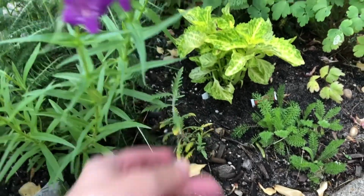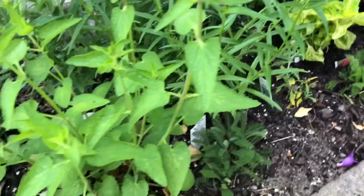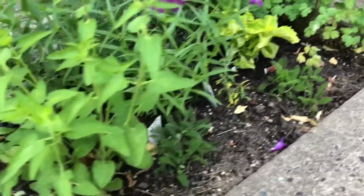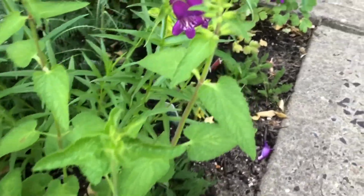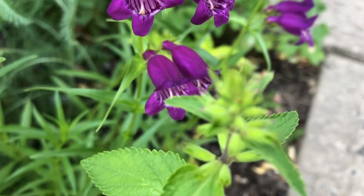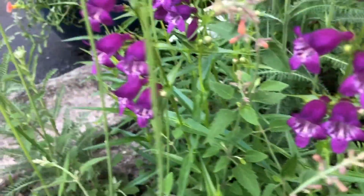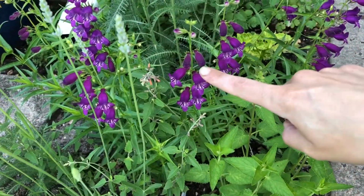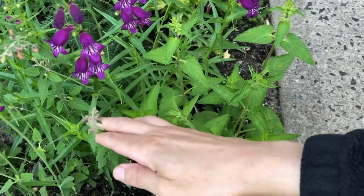Two of these in this bed. I'm not even going to show you because they're not worthwhile showing, but you get the idea. They're new this year. I think like next year they will look much better. Red flowered lamb's ear over here, and it is putting on flower buds. Lovely. And then in between here, in between the purple Pikes Peak and this lavender phenomenal, I have snuck in